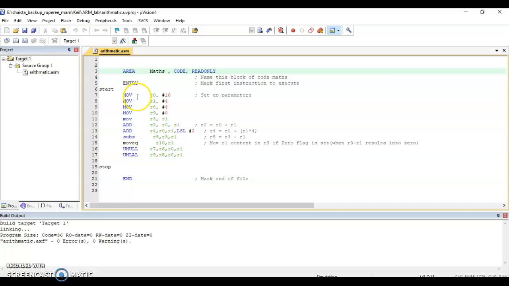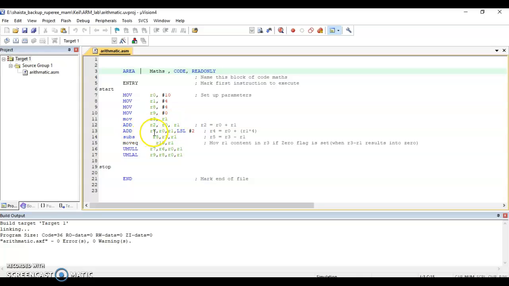Now here I am doing some simple add, subtract and multiplication instructions, and we are just checking what is happening. Here I have taken some data, and after taking that data I am adding R2, R0, R1, so that we can observe that when you add the data of R0 and R1, the answer will be stored in R2. So with the help of ARM7 we have instructions where we can add two operands and store the answer in a third register, so that our operands do not change.